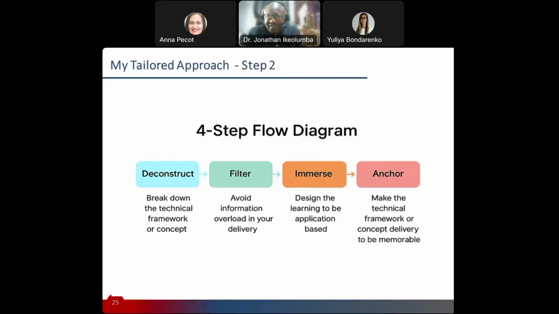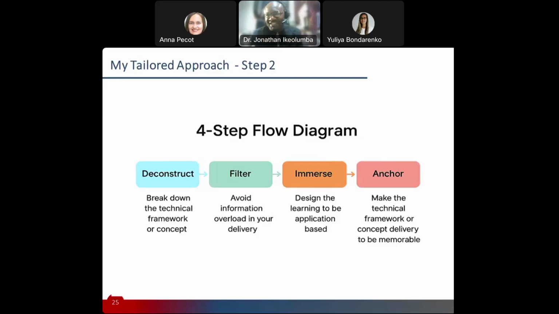So I go back again to first things first, right? You always start by deconstructing the technical framework or the technical concept. Now, because I'm also speaking to you as trainers, the delivery in terms of deconstructing the technical concept is just one part of the work, but there's also an overall experience you're trying to create. And one of the things you also do is make sure that you are as light as possible in terms of the information. It's already one sort of fear to deal with, that we're coming to learn something technical.